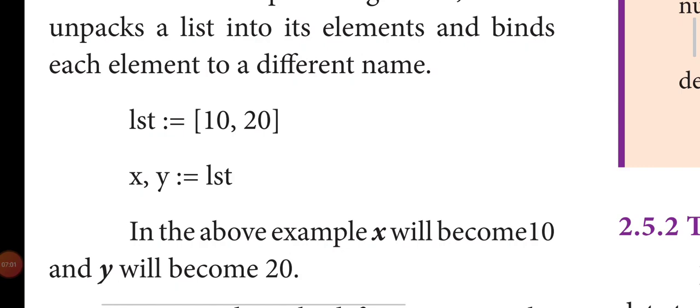In the example, x equals 10 and y equals 20. The second method: lst[0] within the square brackets gives the value 10, and lst[1] gives the value 20. It is associated with the index value.